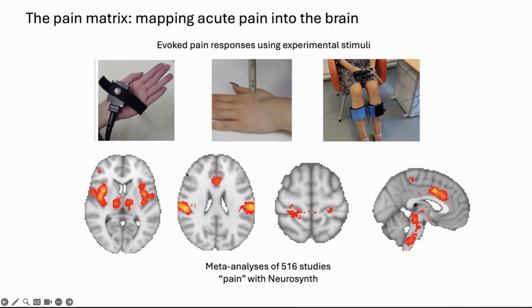For instance, the brain regions that I'm showing you here, these images, are average activity from a meta-analysis of about 516 studies involving thousands of individuals. These studies show that when you apply an experimental painful stimulus to a given individual, these areas light up. They represent a lot of the regions that we just mentioned, such as the insula, the periaqueductal gray area here, the rostroventral medulla, the anterior cingulate, even the thalamus here.